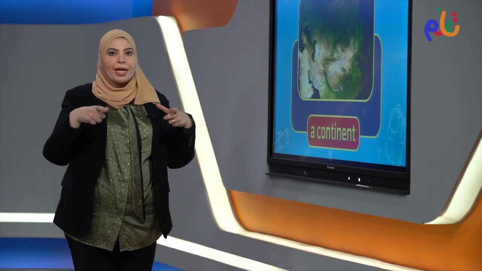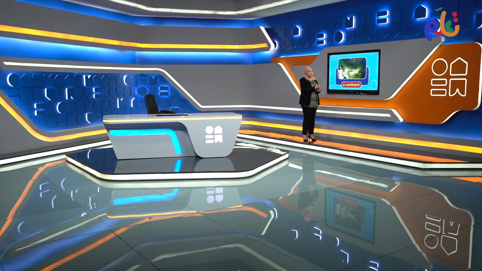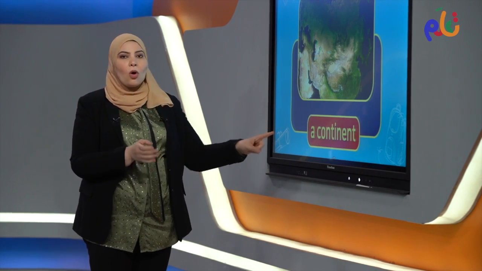So if we're talking about Egypt, Egypt is a country. This country is located in something bigger. It's located in Africa. So Africa is a continent. So in our world, we have Africa as a continent, Europe as a continent, America continent, which is قارة. So we call it continent. And this O, we don't say it ko, it's k, continent.